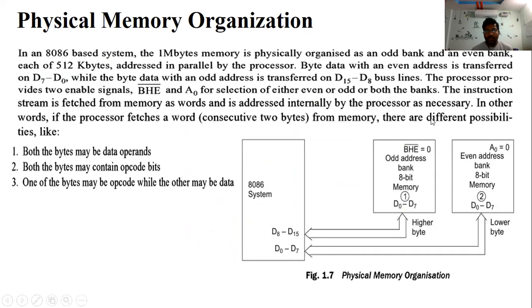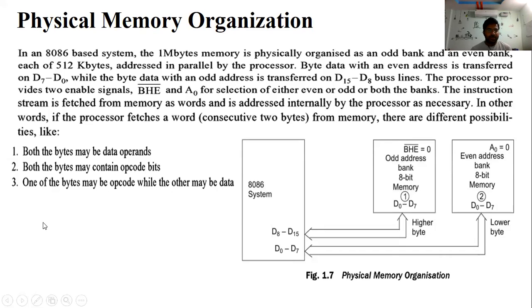Today we are going to see what is static RAM, what is dynamic RAM, how to interface static RAM to the CPU, then how to interface dynamic RAM to the CPU, then how to select the number of address lines to connect the different sizes of memory devices and all. We are going to see that today.